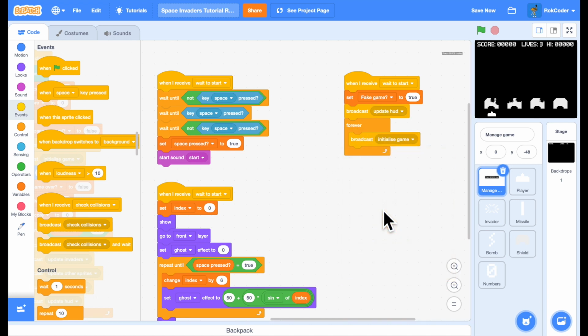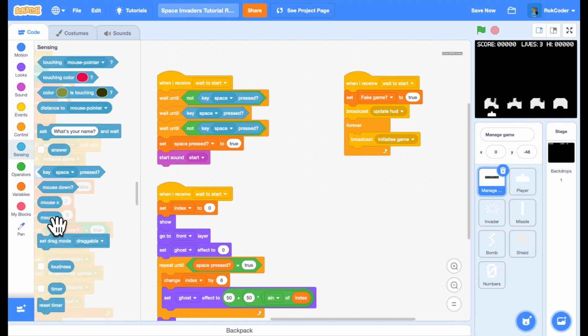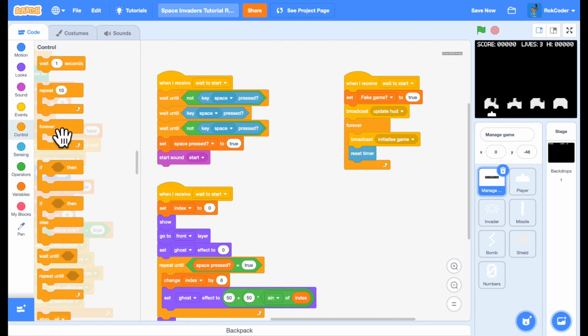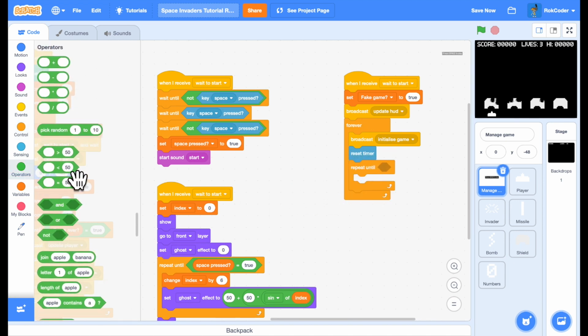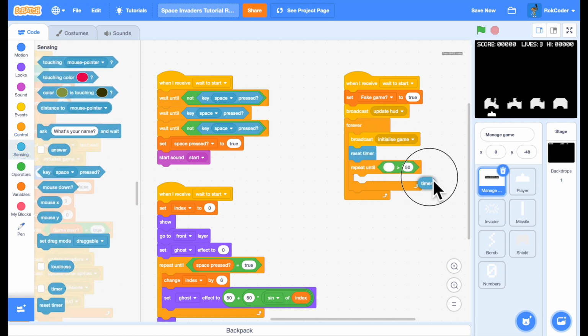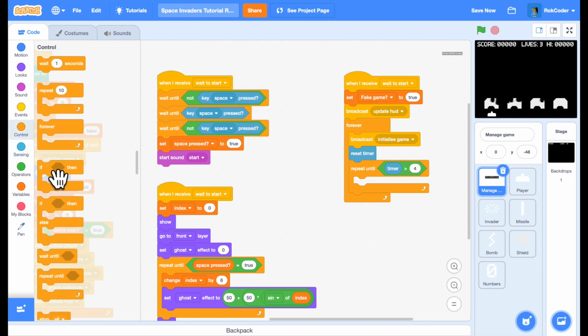What that does, effectively, it removes all the sprites from the screen. Then I'm going to reset the timer. And I'm going to repeat for 4 seconds. So repeat until timer is greater than 4. And all that I'm going to do here, for those 4 seconds, I'm just going to check if the spacebar has been pressed. So during those 4 seconds,